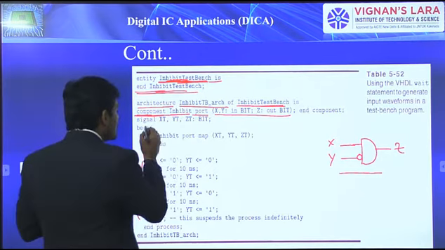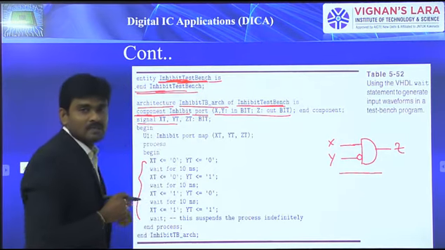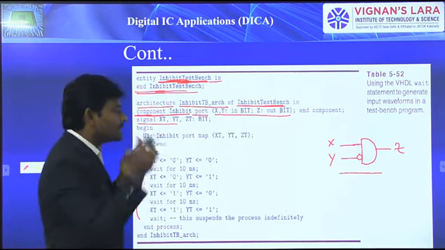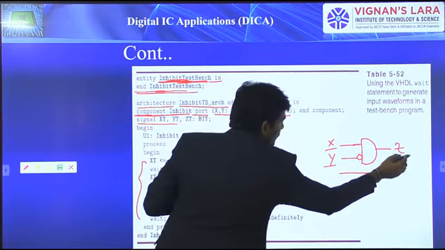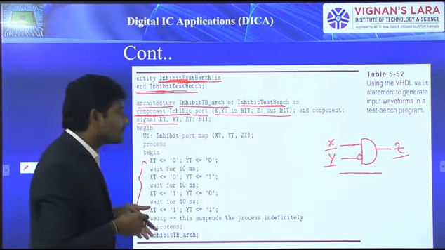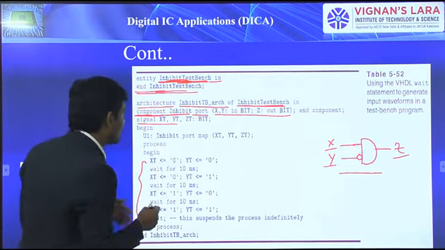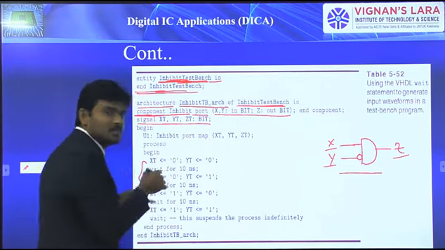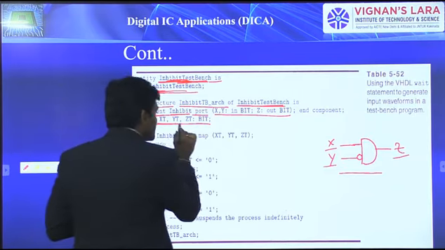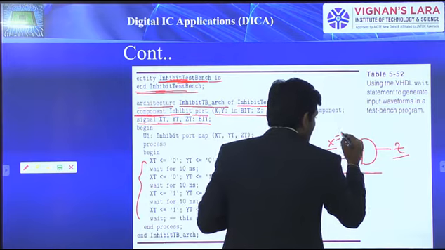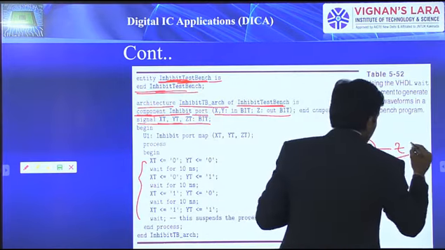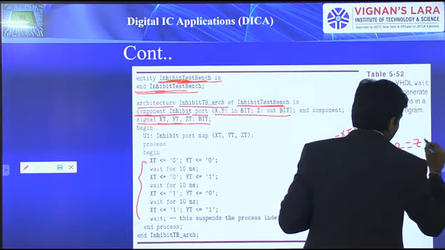Next to that, the signal declaration must be done. Initially I developed a program for inhibit where I considered X, Y as the inputs and Z as the output. Let it be in my test bench circuit. Instead of those, we need to consider other signal names, as these are all local to this. Because of that, here I mentioned those names as XT, YT and ZT. That is, this comes under XT, this one belongs to YT, and this one belongs to ZT.